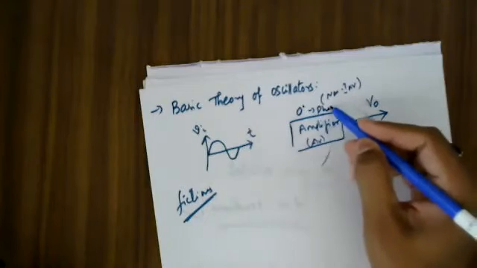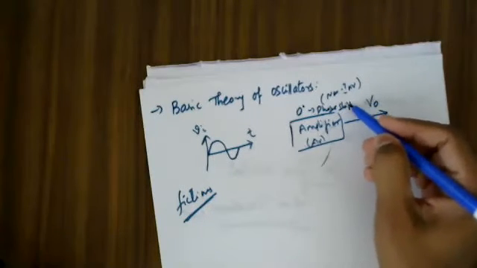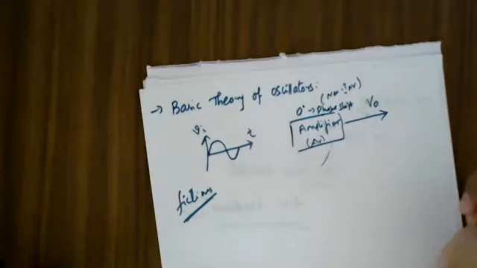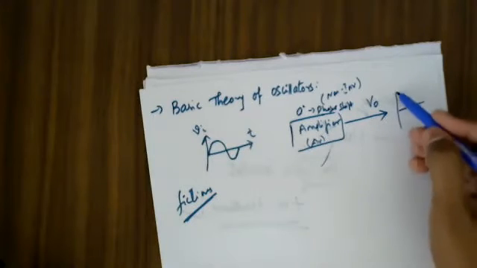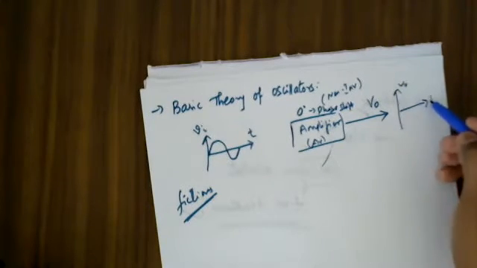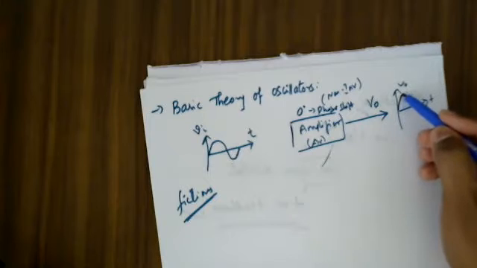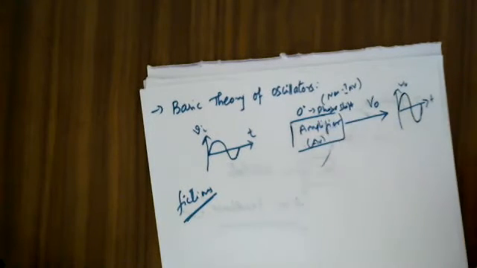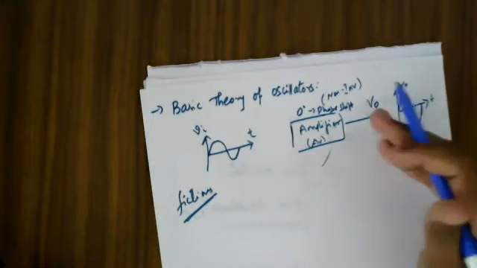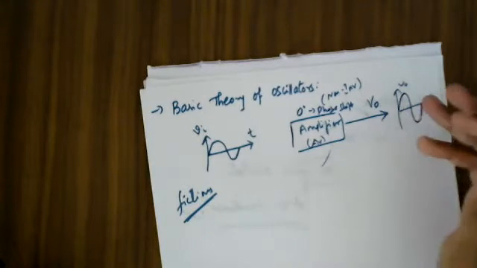So the 0 degree of phase shift will be introduced by this amplifier. It means my output signal, no doubt, in terms of its amplitude, will have a higher amplitude compared to the input, but with respect to the phase shift, there is 0 degree phase shift. Okay. Now, I want to make the system standalone.